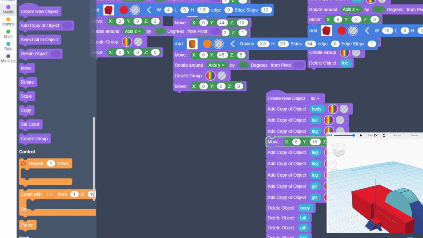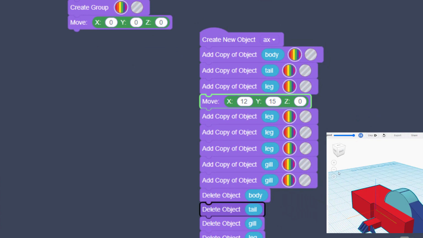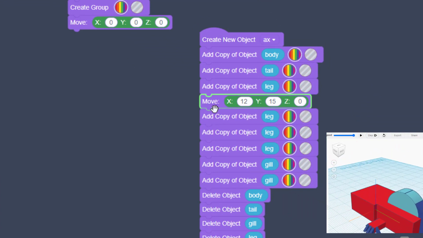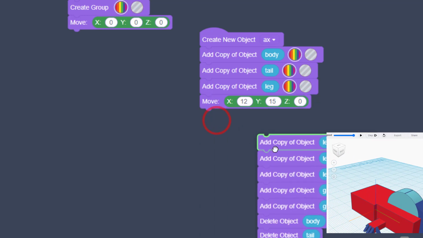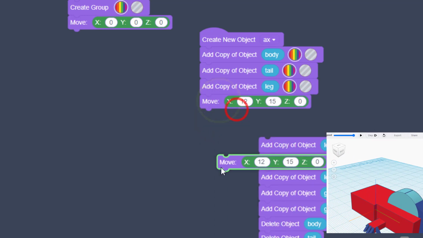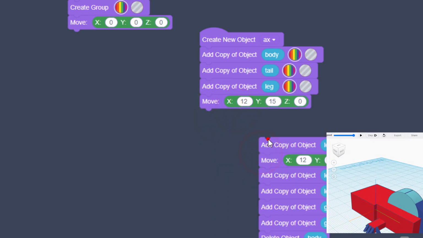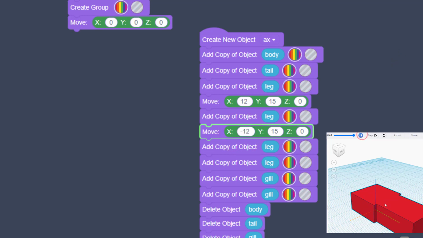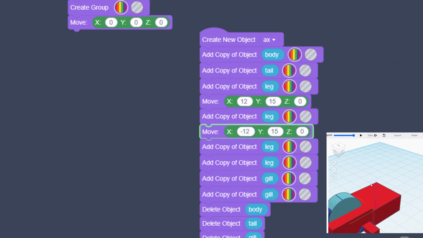And you can see that is decent, but we need to move it out a little further. Let's try 12 and see if we like that. That is exactly where I want that leg. So now I'm going to break this apart, and I'm going to duplicate that move, and I'm going to put it below the next leg. If we bring this to a -12, you can see we can hit play, and boom, Axolotl has got legs on both sides,